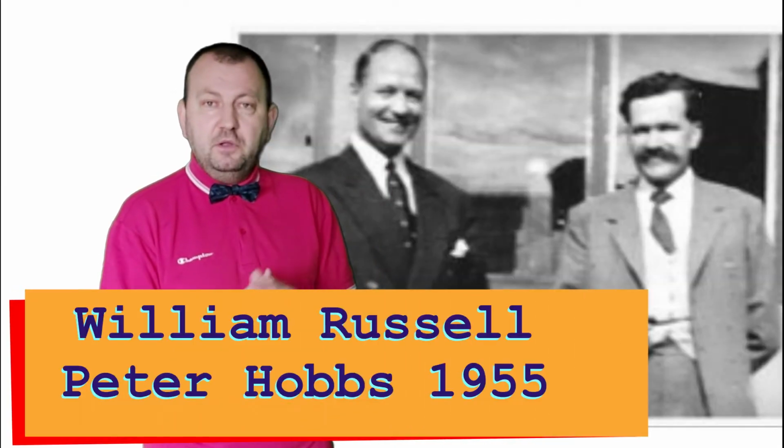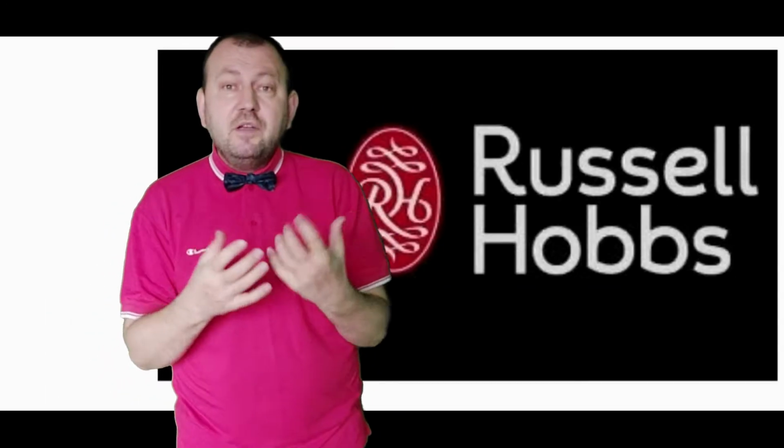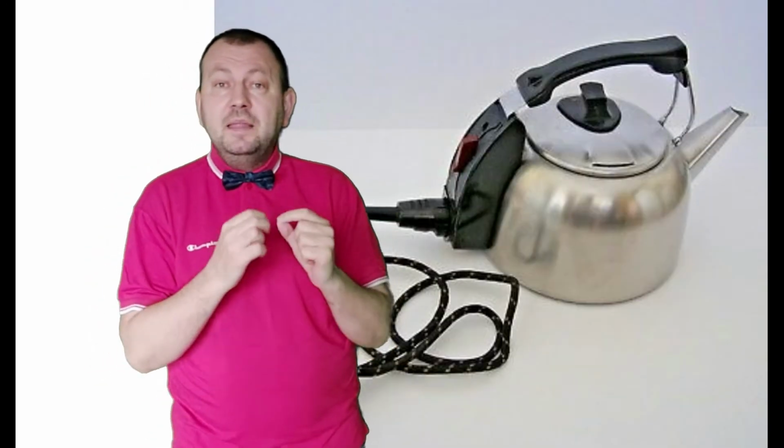Whistle kettle was an improvement, but the breakthrough happened in South London in 1955 thanks to two men, William Russell and Peter Hobbs, today known as Russell and Hobbs. Their kettle had inside bimetallic strip that under high temperature expanded and touched the switch